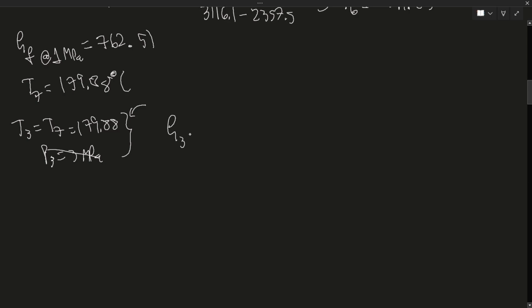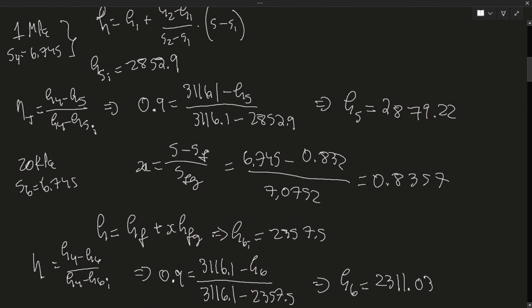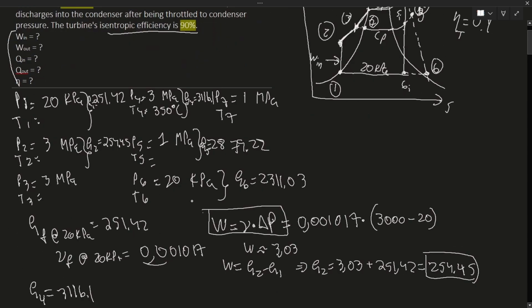So you approximate H3 to be about 762.51. When you do this in your exam, write a star: approximated using T3 equals 179.88 degrees Celsius. When you do your exam, make sure you write this point so you don't lose unnecessary points, so your teacher knows that you know what you're doing. Once we get this, finally, we have all the numbers we need. H3 equals